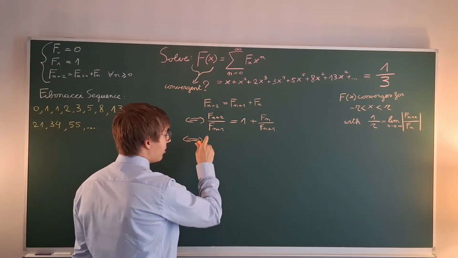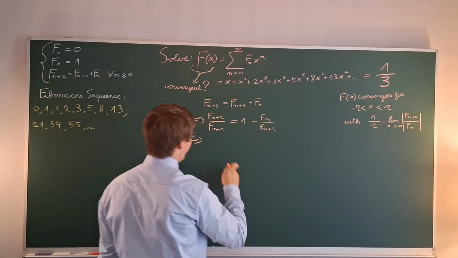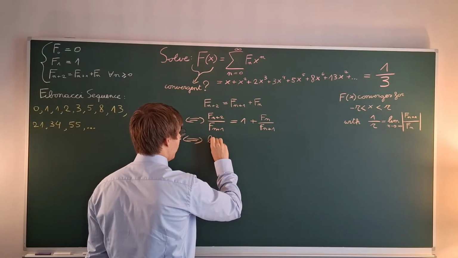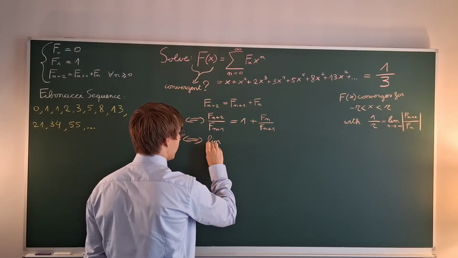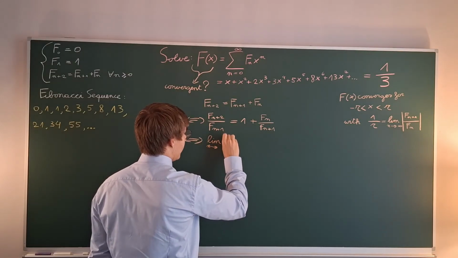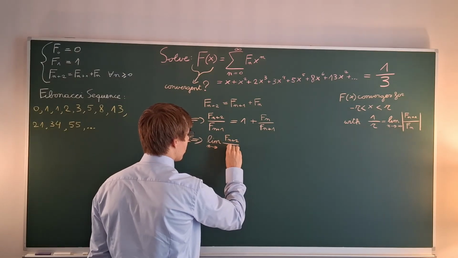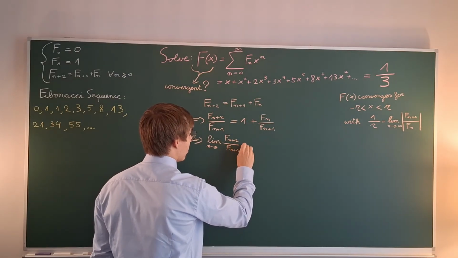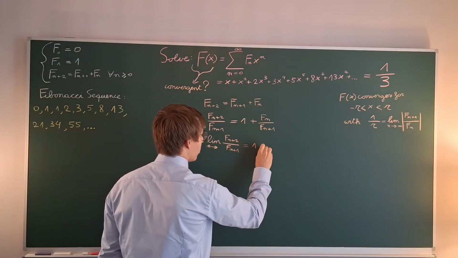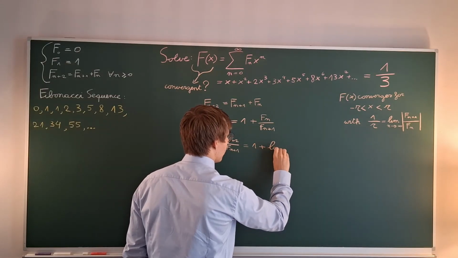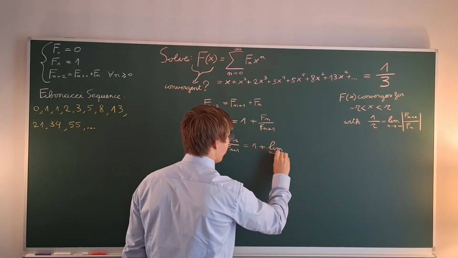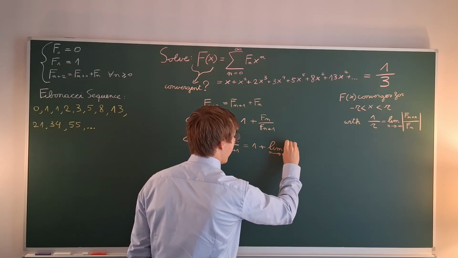And now we can take the limit with n going to infinity, and then we get that this limit is equal to 1 plus the limit as n goes to infinity of f(n)